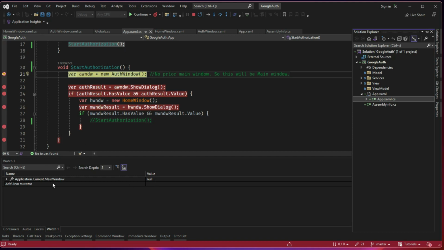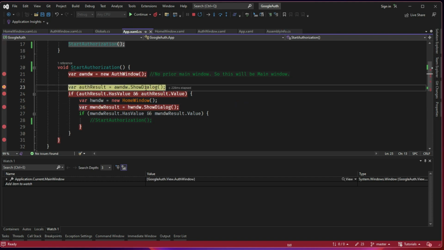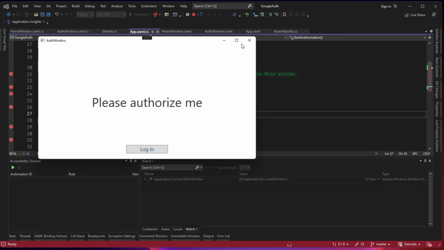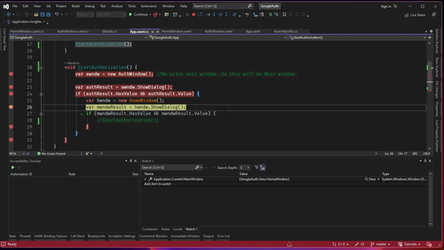So you can directly set some value to this MainWindow, or you can initiate a new window, and whenever you initiate the first window, it will be assigned here. That's what will happen here. Just pay attention. The moment I move here, the MainWindow has become AuthWindow, and that's the reason why this is now available. And now let's go back here and then we will log in. So now what happened, MainWindow has become null. The reason is we already have closed this. When the MainWindow is null,